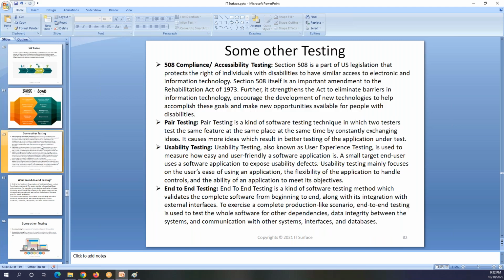And in some of the testing, I keep a couple of things. One of them is 5-way testing. Usually in government projects you will find this kind of testing, that is 5-way testing, or banking projects, they also do that 5-way testing. So what is 5-way testing? 5-way testing is basically disability testing. So let's say that I'm blind, but I want to access your website. How will I do that?